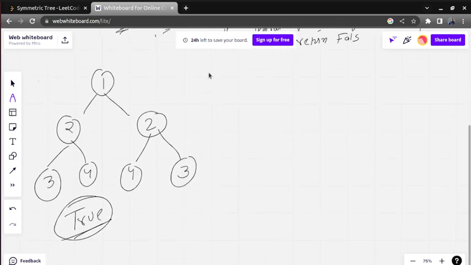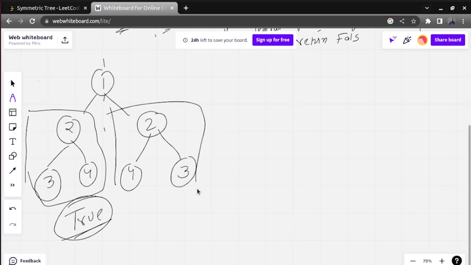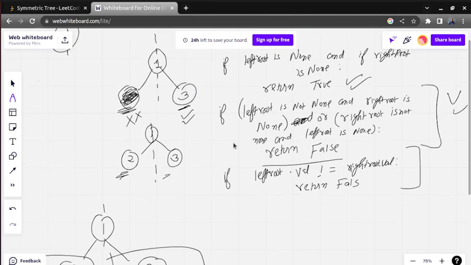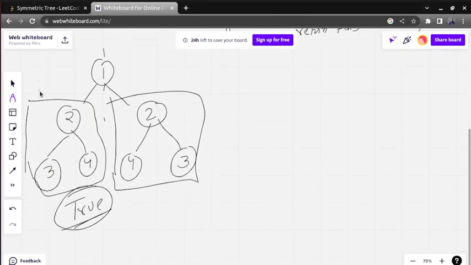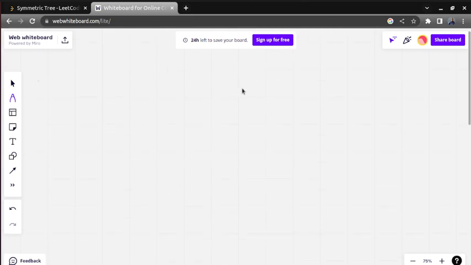Suppose the big tree is given to us. From the main function, we are going to check if left root is equal to right root, then return it. So we are going to call a function and pass left and right to that function.